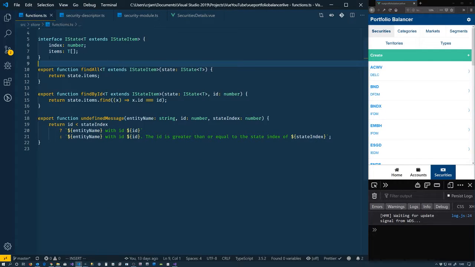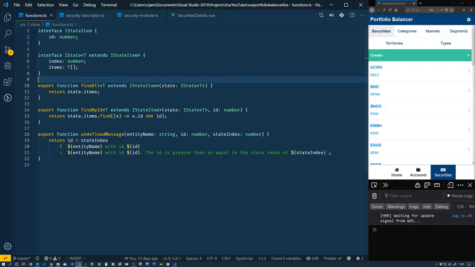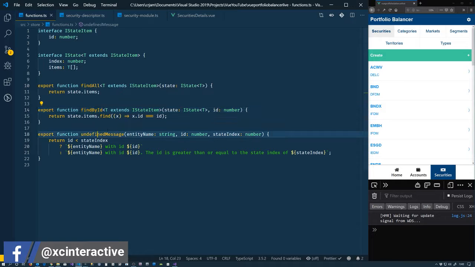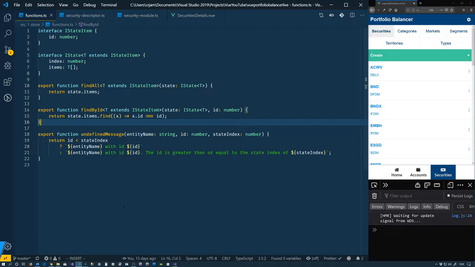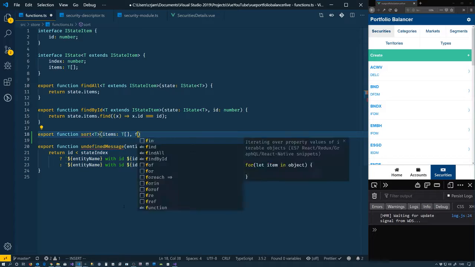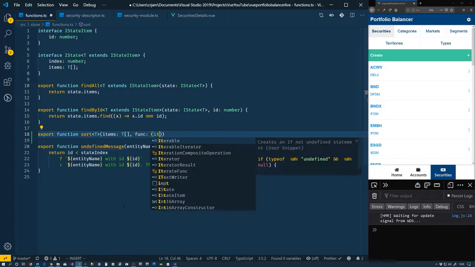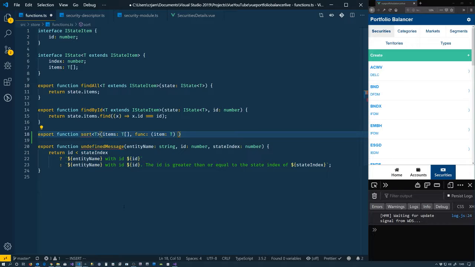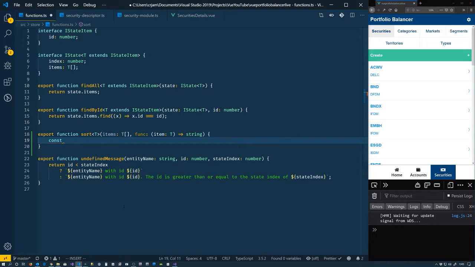Now we do have this functions file inside of our state folder here. We're using it to find all of the items or find by ID. We have an undefined message function. We're going to add a couple other functions to it. First up here, we'll say export function. This one's going to be our sort function, so it'll be a sorting of type T. We'll have items, a T array, and we're going to pass in a function which is going to take in an item of type T and give us back a string,